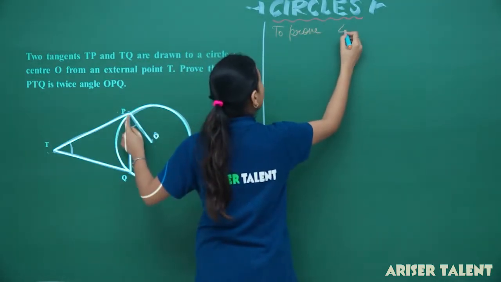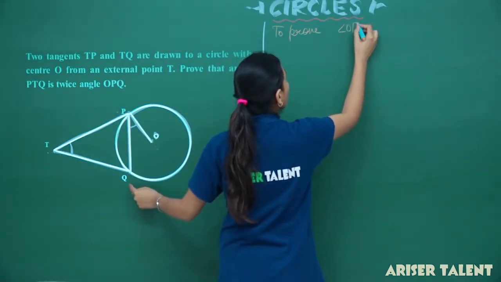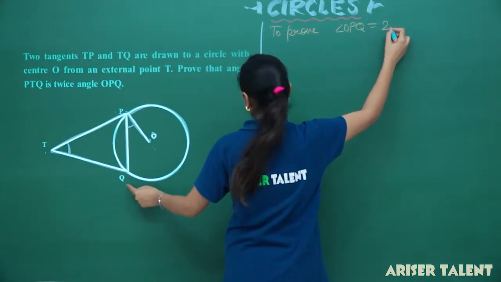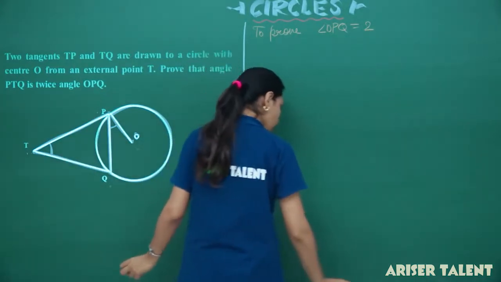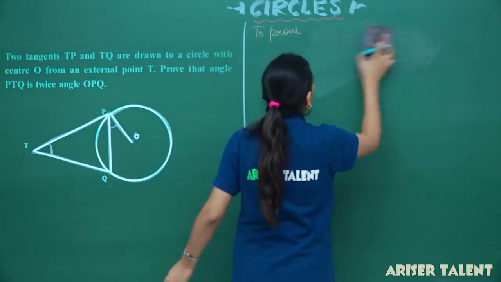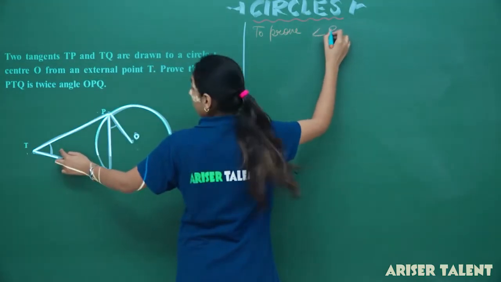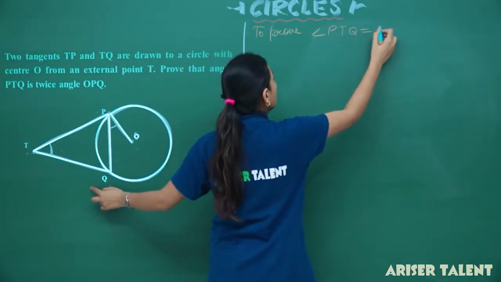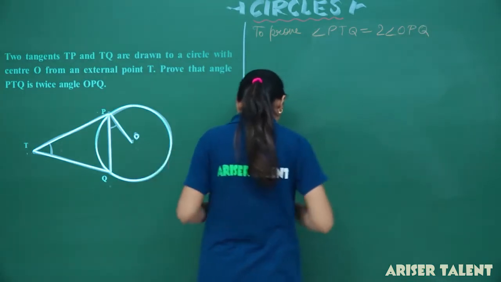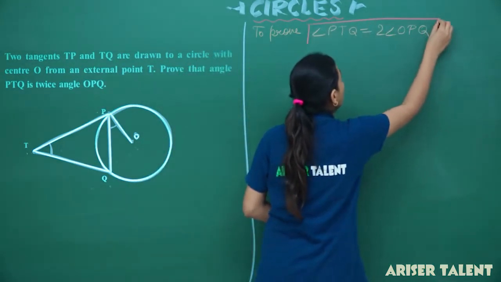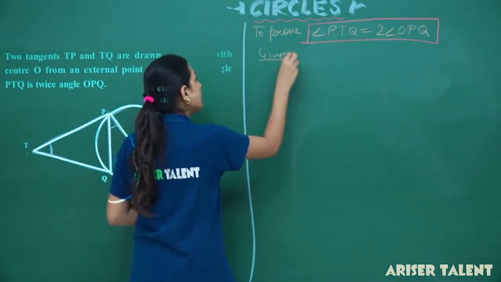That angle PTQ is equal to twice this angle OPQ. Now this is what I have to prove, and what I am given, what I have been provided with, is this